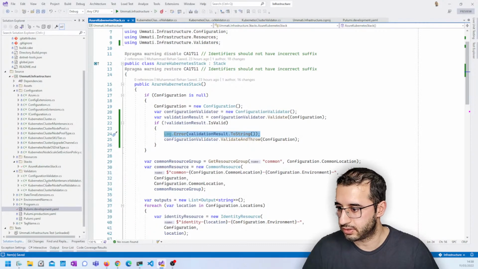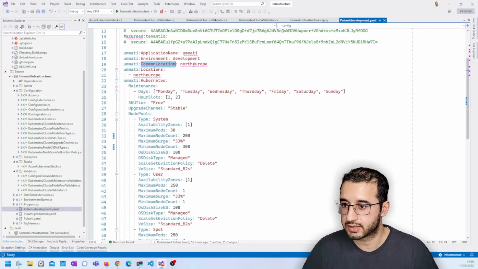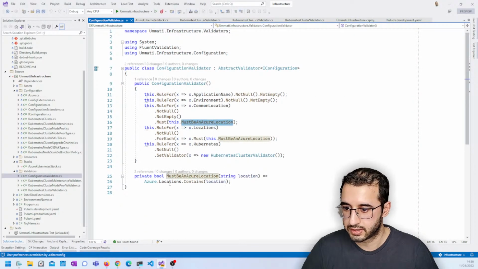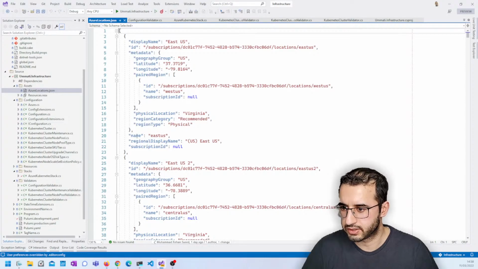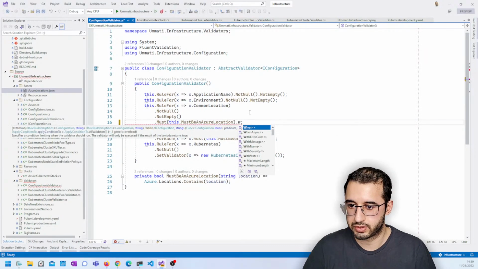Okay, so this is interesting. Let's go back and look at our type. For common location, we actually set this guy, North Europe. And if we go and look at our configuration validator, the locations in here are basically coming from this JSON file. So it looks like it's taken this name, stuck a space in here, and we also should, if we do